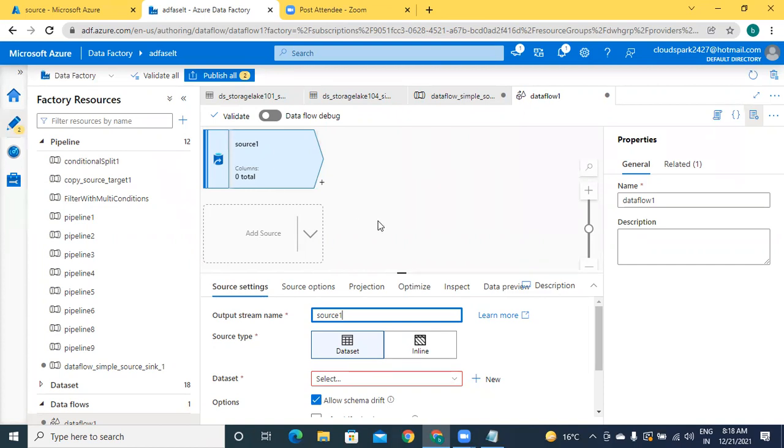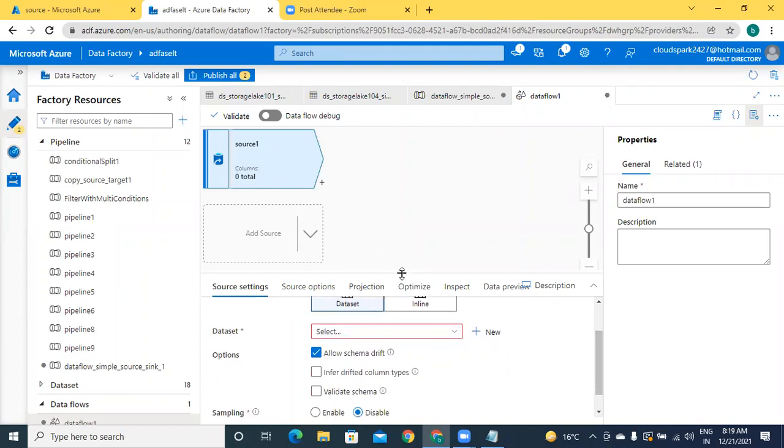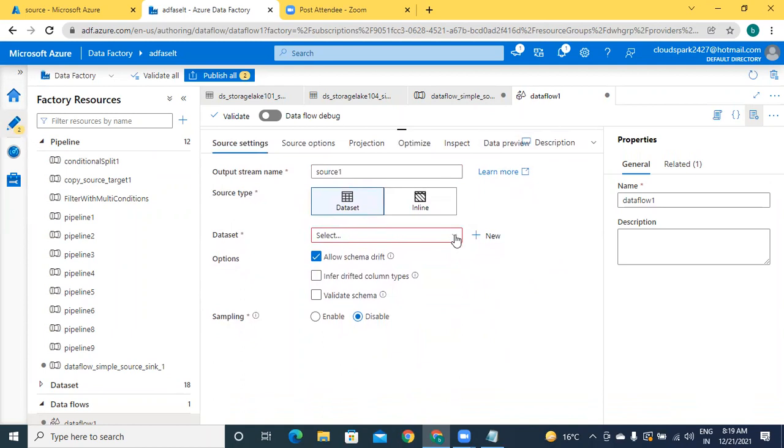Later, at the time of lookup transformation, join transformation, union transformation, exists transformation, in all these things, you are going to work with multiple sources because inputs are more than one file or more than one table. Now it's a simple activity I'm going to do. So here there are two things about the streams, data set and inline. The inline is about streaming data. Now, if you have static data, that should be data set. And select our data set name. No need to create, already we have a data set. I'm selecting that data set name.